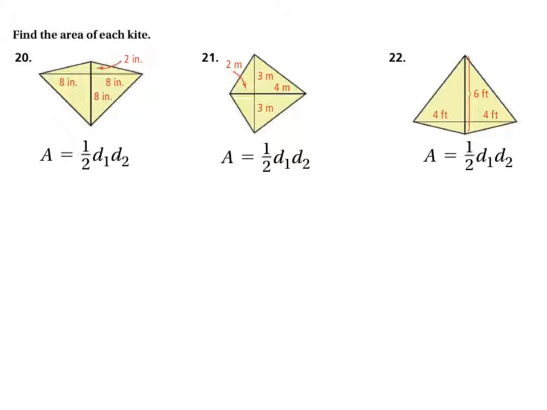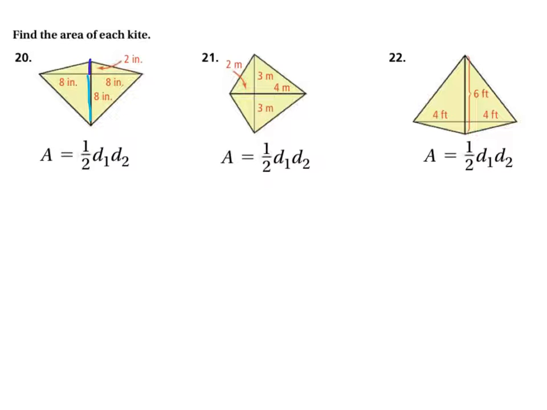Okay, so finding the area of a kite is pretty straightforward. The formula is straightforward. You take the two diagonals and multiply them together, and then take half of that product. So we'll take a look at these one by one, because sometimes the information is given to you in pieces. For example, on this first one, number 20, we've got a 2-inch measure here and